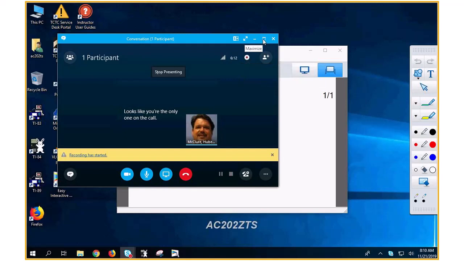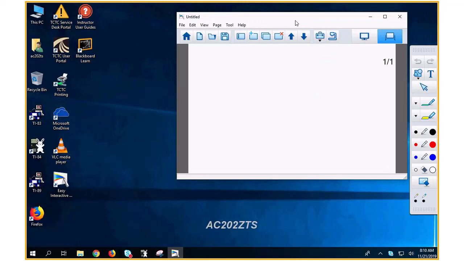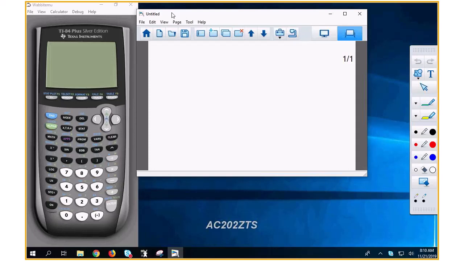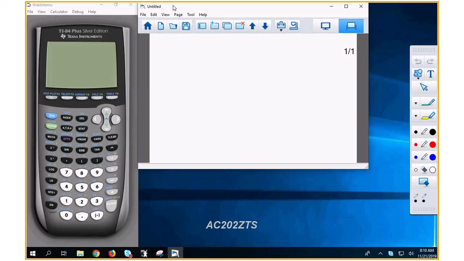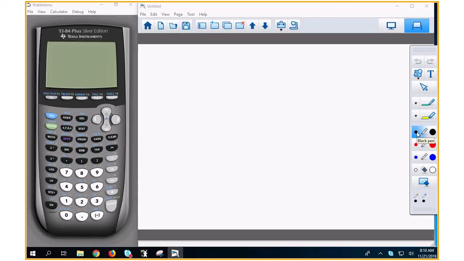Because I'm going to try to iron out as much as I can today. So I'm going to pull this over, pull my handy-dandy calculator up, move this over here. And I hope y'all can see this much. I'm going to try to do it this way. Okay. Now,